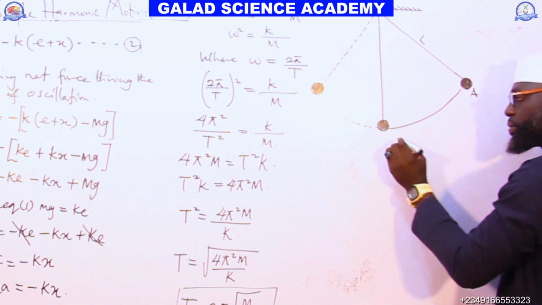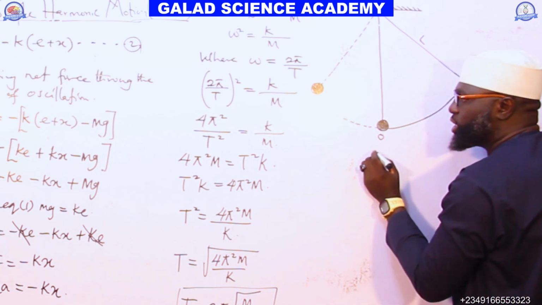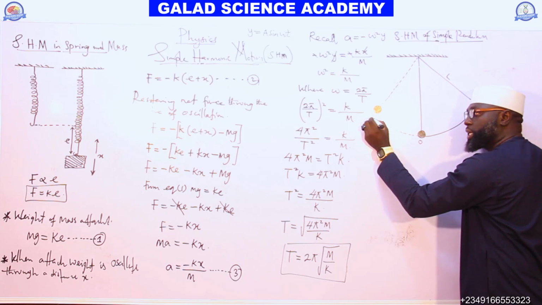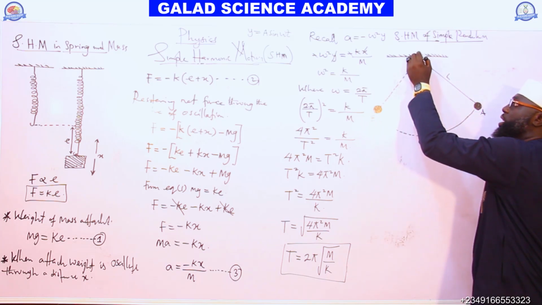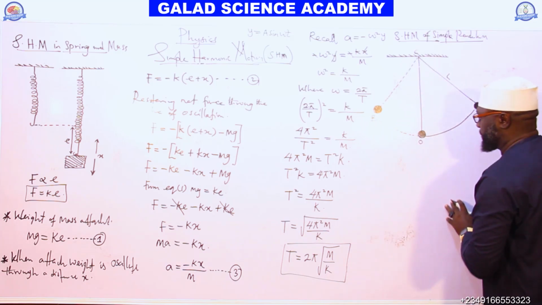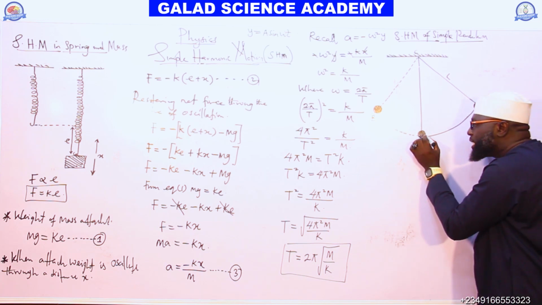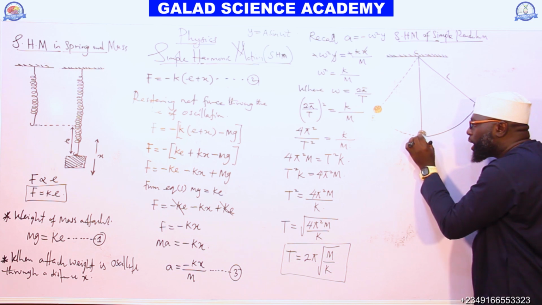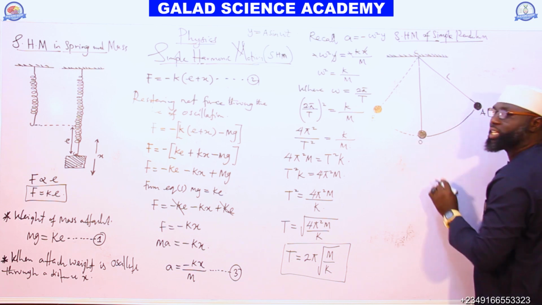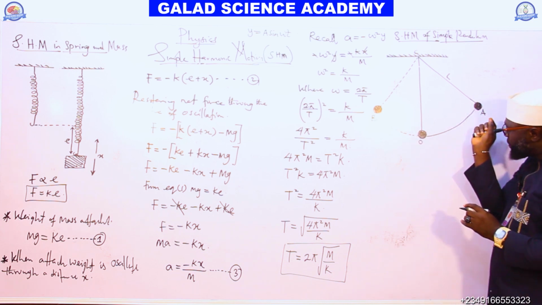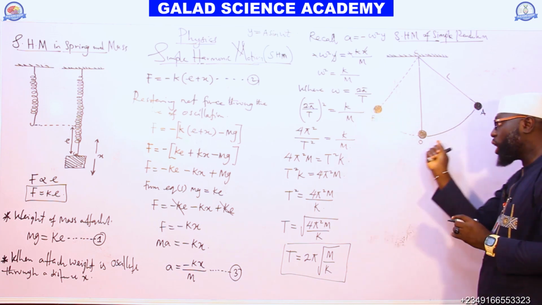Let us call this place position A. Here we have origin O. Let's call this place B, and this place C. We can observe that this is the ball at rest. When the bulb is beginning to oscillate to and fro,